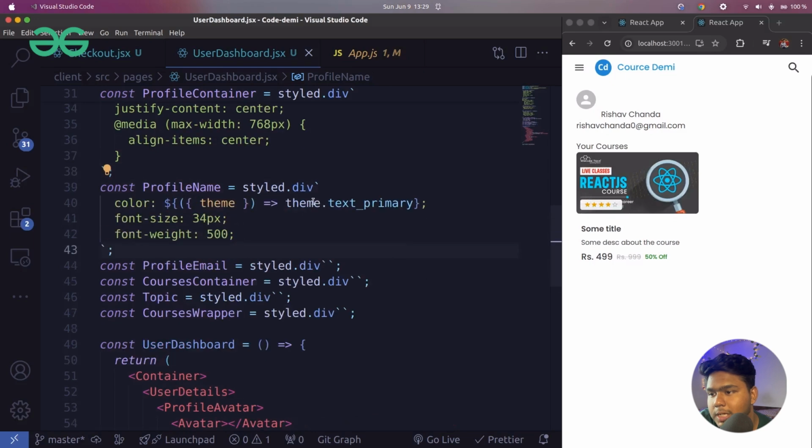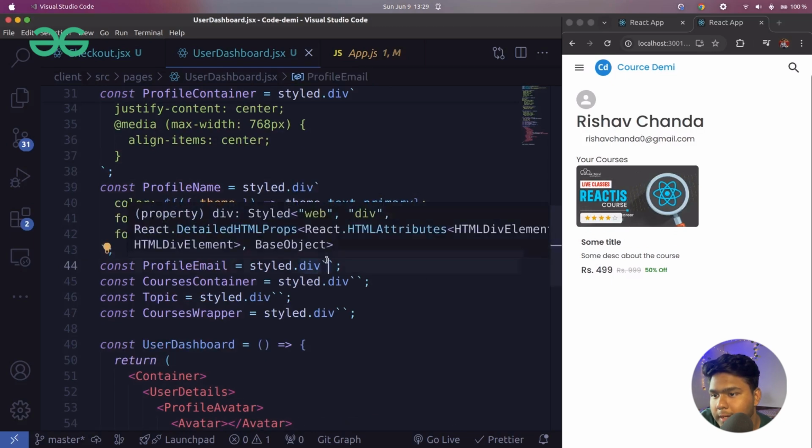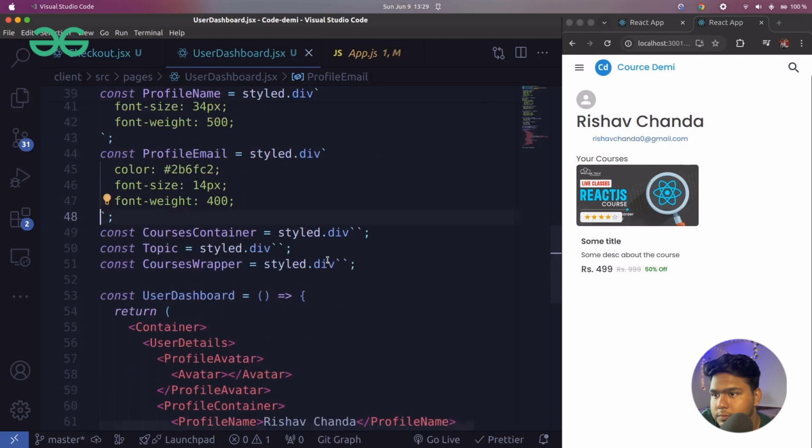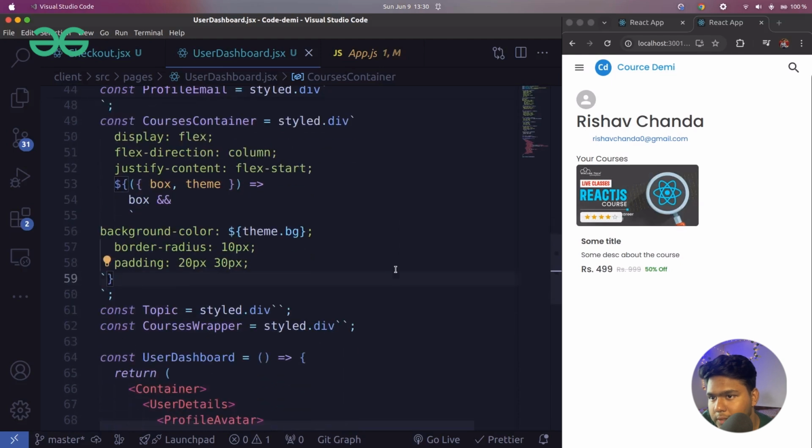So yeah, in the profile avatar we have a padding left of 3 rem, then we have max width of that thing, and then in the profile container we have flex direction of column, justify content center, and align item center. Then in the profile name we have font size, font weight, and the color, right? Then we have profile email also, so there we pass our color, basically blue color, and then we have font